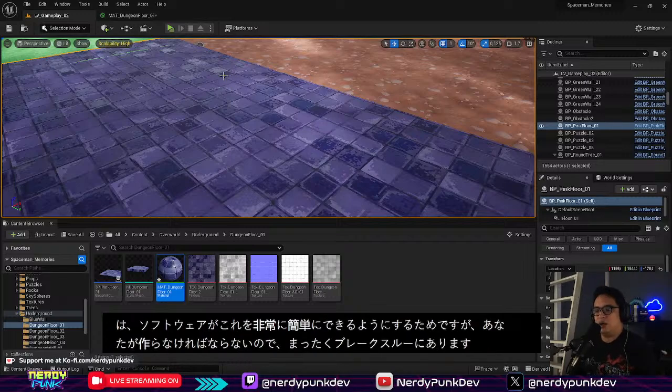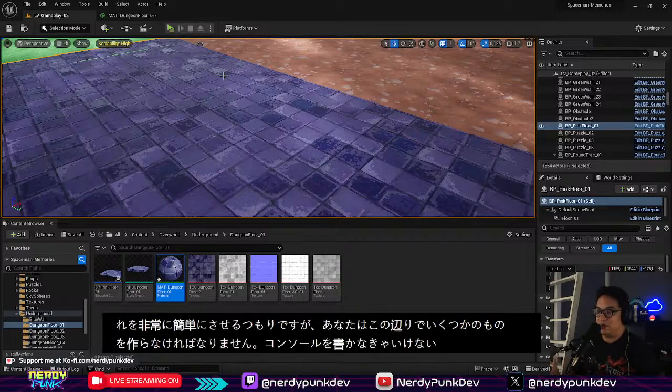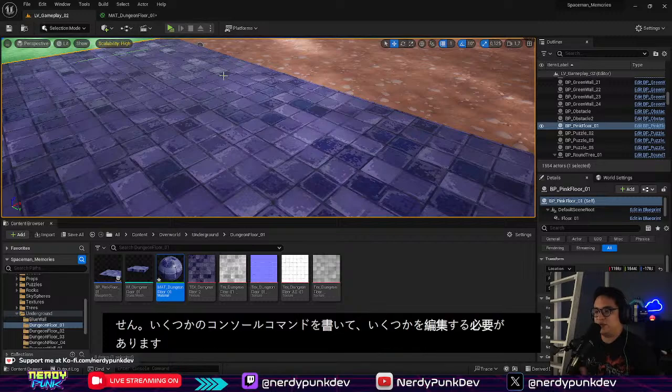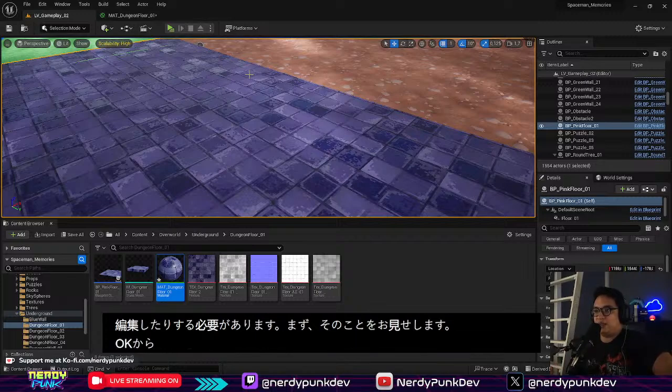You gotta write some console commands and edit some engine configuration files. I'm just gonna show that first, to show the process of going from this, having this kind of material,